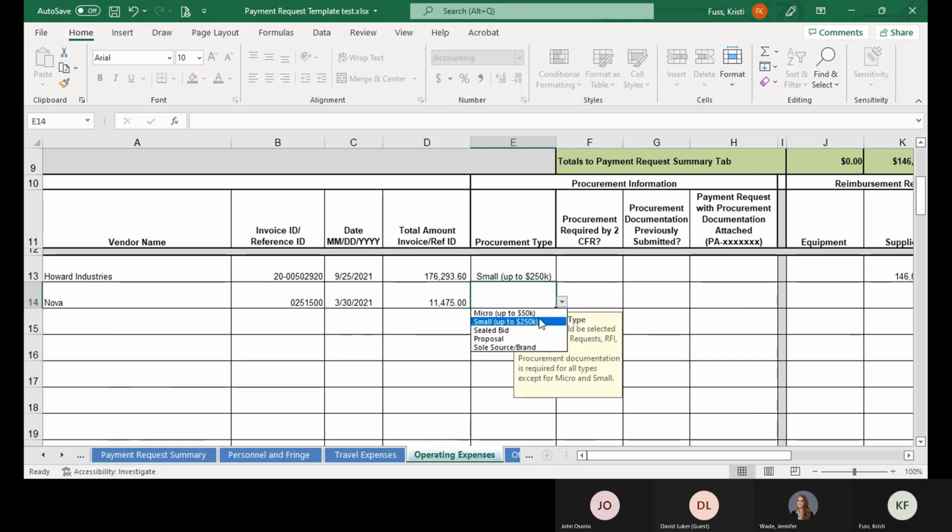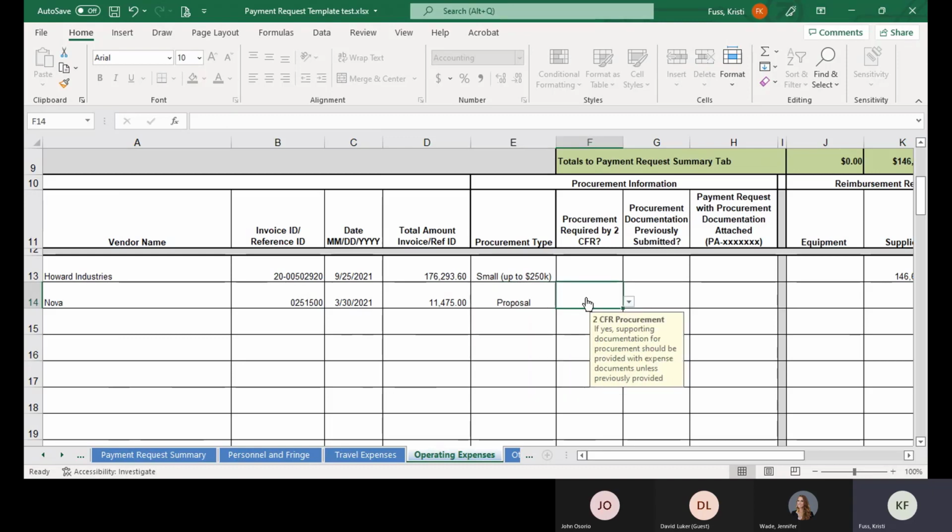Again, this one actually could be under a micro. Actually, in reality, I'm going to go with that this one was, because this is just one invoice to Nova. So we're going to say that they did have a contract that was for $500,000, and this is just one invoice off of that. So procurement was